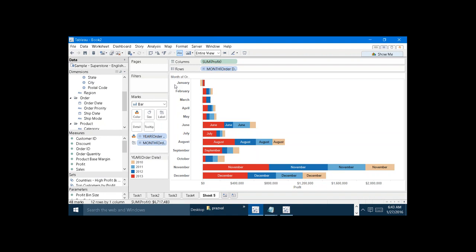Now observe carefully here. Now here what we got? Now here we got the month name. So next to the month,